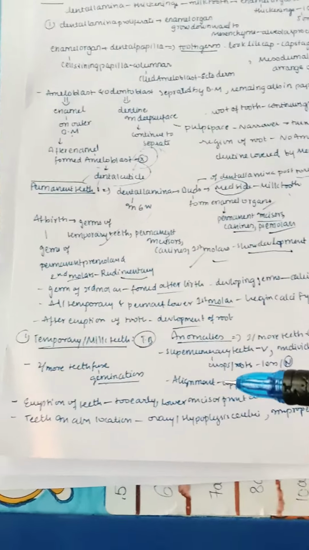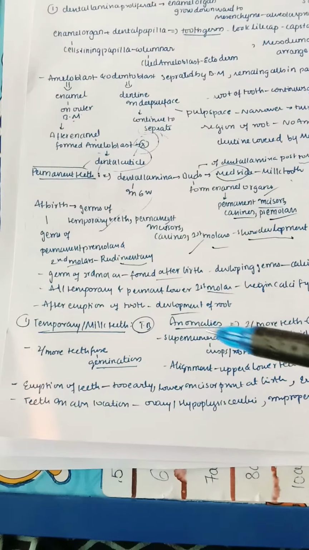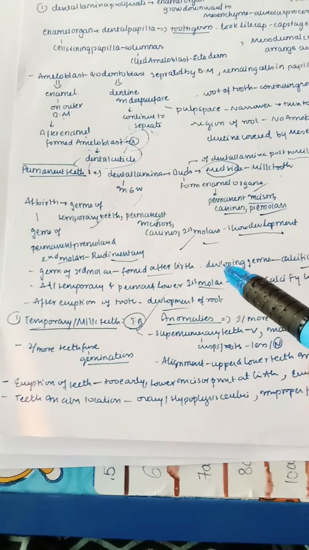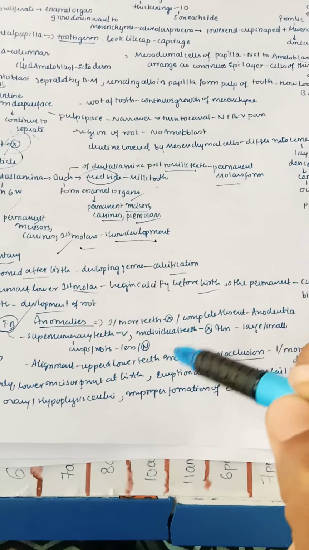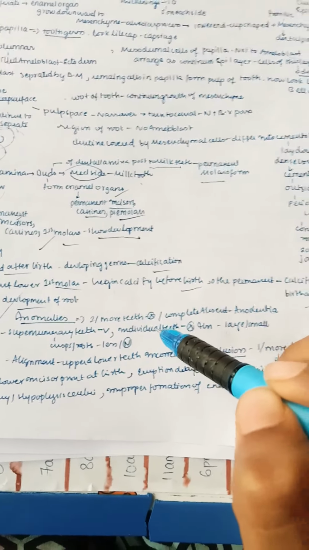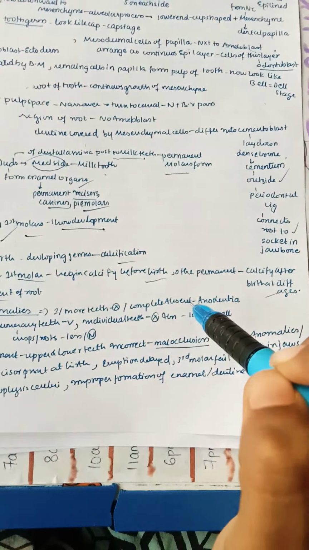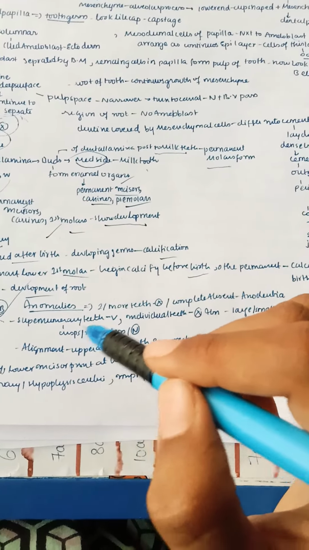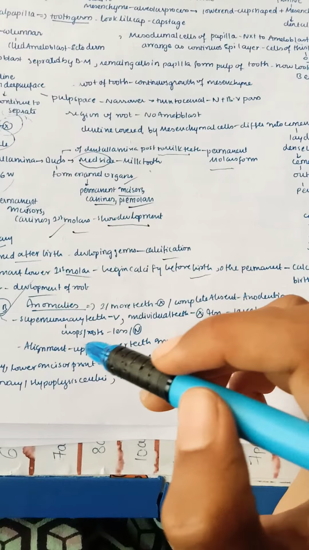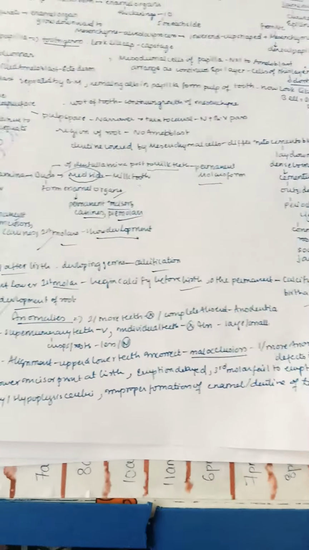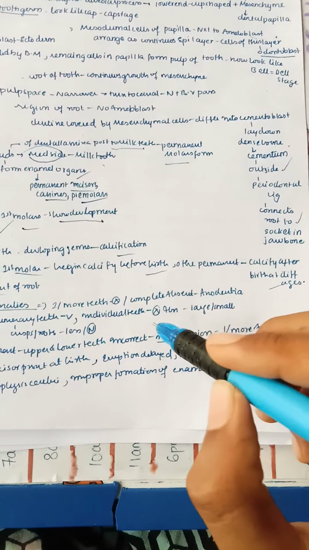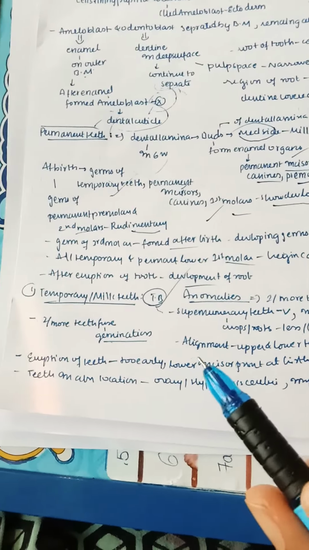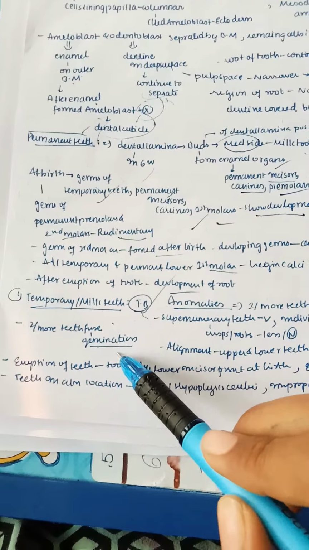Next, coming to temporary or milk teeth. Here you have already seen in which days they develop. Now let us see anomalies in teeth. Sometimes 2 or more teeth are absent, or there is complete absence of the teeth, then it is known as anodontia. A supernumerary tooth may be present, with cusps or roots which may be fewer or normal, and individual teeth may be absent or abnormal. They may be large or small, and when 2 or more teeth fuse, it is called gemination.